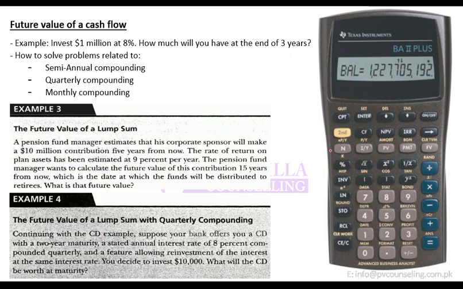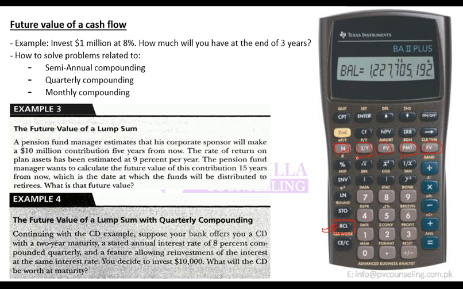Another thing to note about the calculator is that once you have put in the numbers, if you want to check what is there in N, how do you check it? You cannot just press N, because if you press N, whatever is there on screen will get saved into N. You find that out using the recall button. So this RCL means recall. You press RCL, you press N, and it will show you whatever is stored in N. You press RCL again, press IY, it will show you whatever is stored in IY. So you can use this button to see what is actually stored in all these variables.